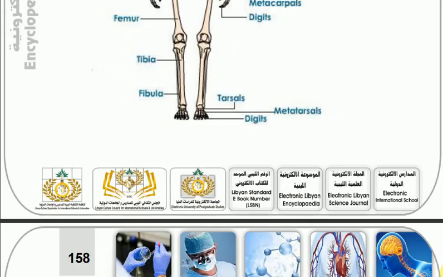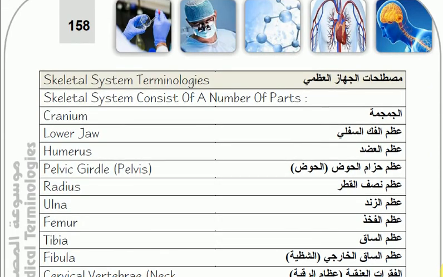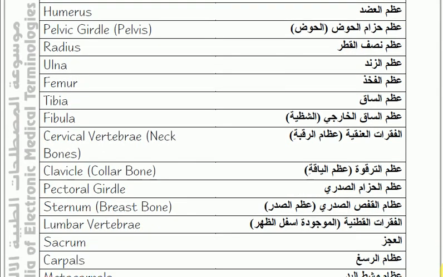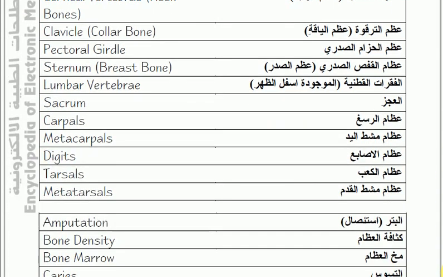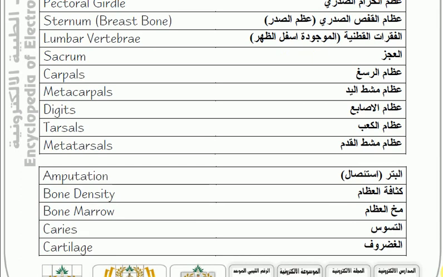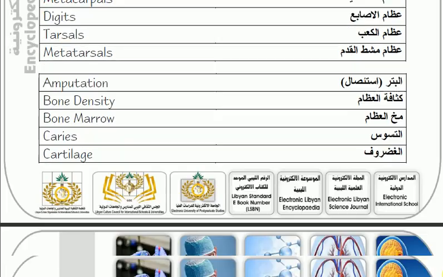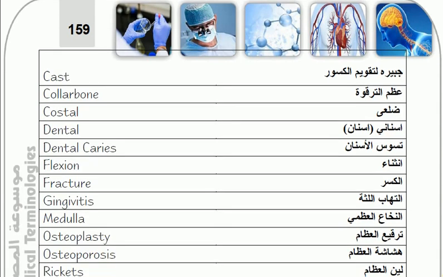Skeletal system terminologies. The skeletal system consists of a number of parts: cranium, lower jaw, humerus, pelvic girdle, pelvis, radius, ulna, femur, tibia, fibula, cervical vertebrae, neck bones, clavicle, collarbone, pectoral girdle, sternum, breastbone, lumbar vertebrae, sacrum, carpals, metacarpals, digits, tarsals, metatarsals, amputation, bone density, bone marrow, caries, cartilage, cast, collarbone, costal,